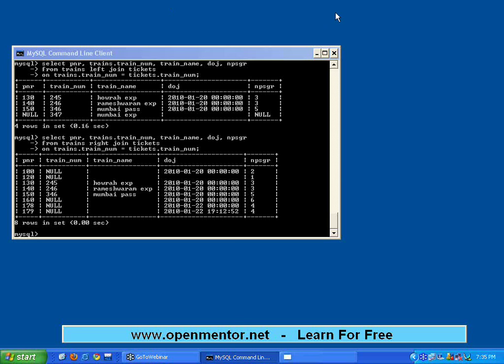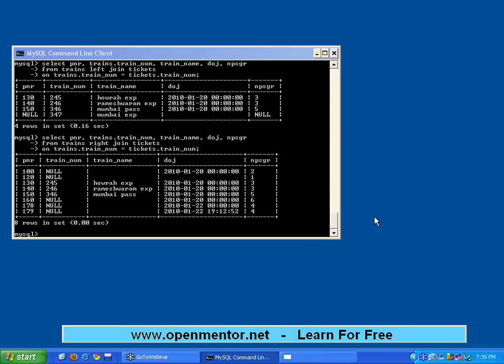Is this clear to you all? Can you please raise your hands? Very, very simple concept. You don't have to complicate it at all. Join means get data from more than one table. Inner join means the value must exist in both the tables.